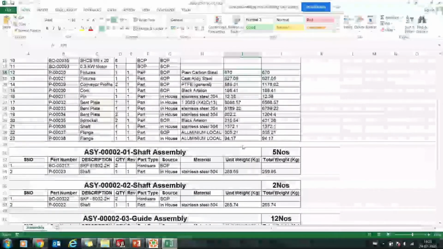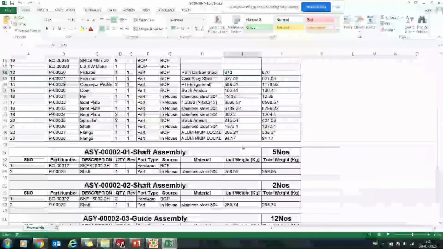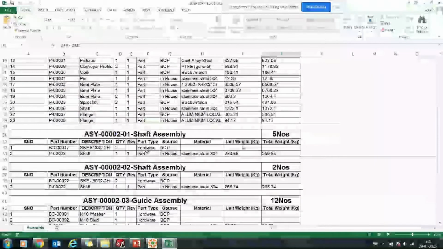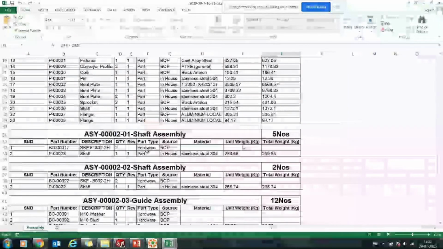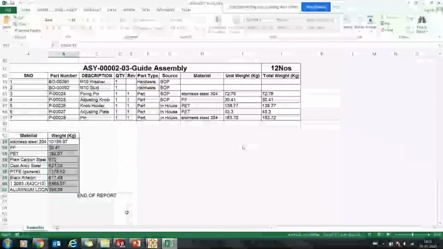So now this machine has these many grades of material being used, and these are their respective weights. So now with this, what I can do is quickly book the material required for manufacturing this complete machine. Right? Isn't it interesting? So with this, during the design phase, you can just start your planning process. You have the details of what material is required and in what weight it is needed, and you can quickly order it from the market, or you can just book it from your store. These are the materials required for making this machine, right?